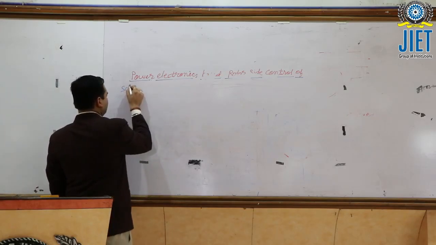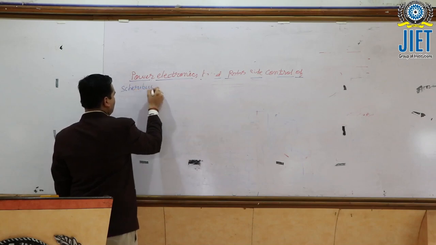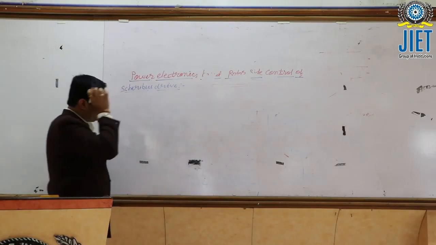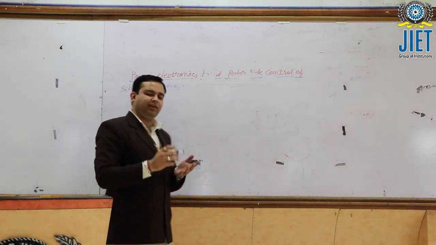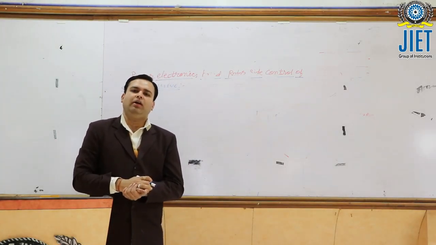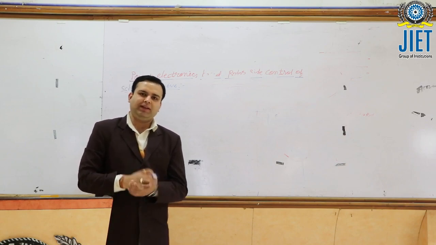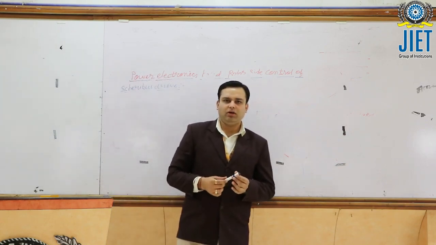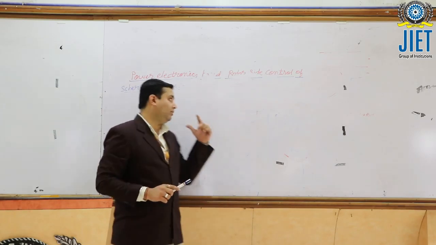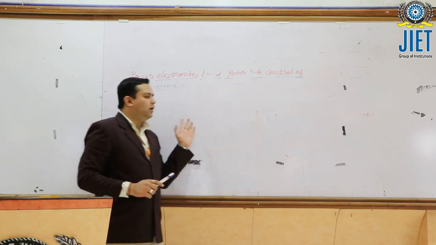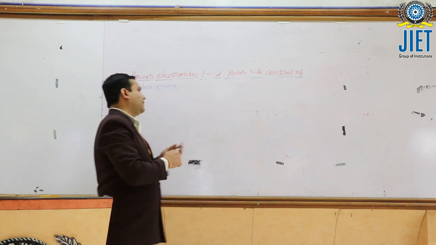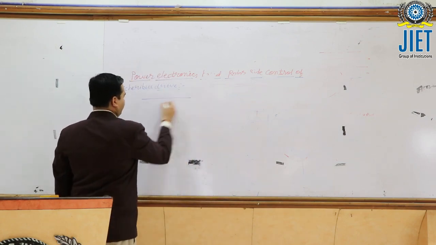Scherbius drive system. Again, the same statement, that the slip power which is wasted during the rotor resistance controlling is utilized in the slip power recovery scheme, and that is the reason it is known as slip power recovery. We have two configurations of slip power recovery. The first configuration is known as the Scherbius drive, that we'll discuss first, and the second configuration is known as the Kramer drive system, that we'll discuss later. This is the Scherbius drive. It is the basic circuit.